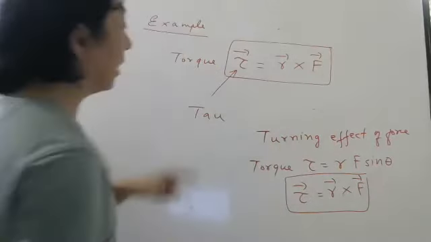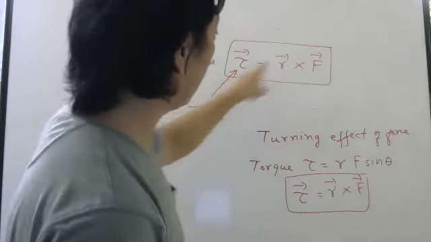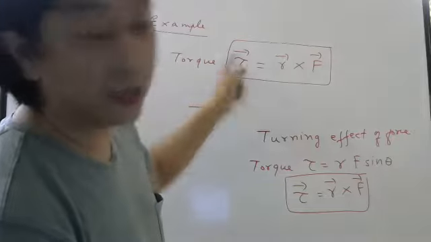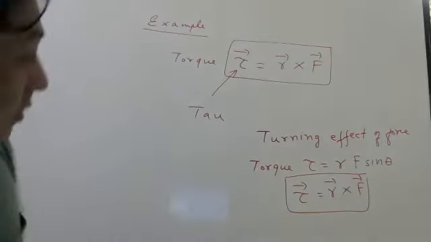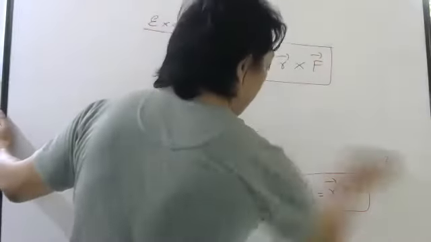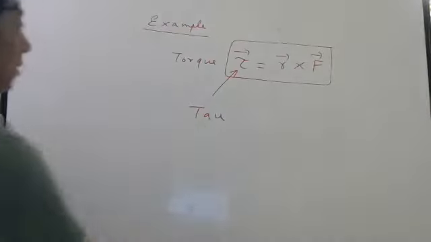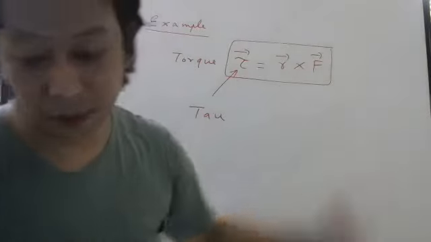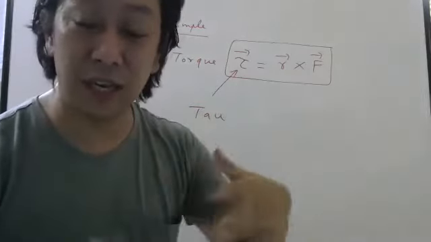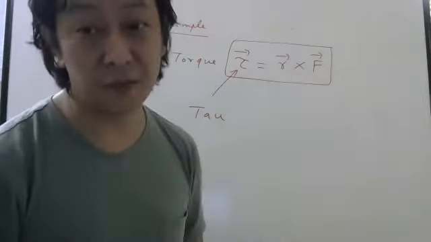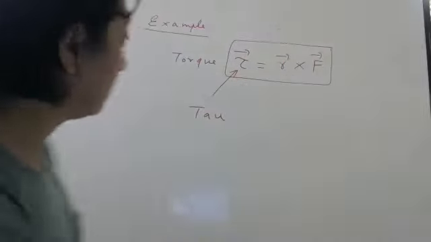So please remember, unlike dot product, cross product will always give you a vector. An example of that is torque. We will study torque more in detail, don't worry. But right now you just want to know an example. Another example is angular momentum and so on, but there is no need to tell now. Now if I tell, it will be more confusing. Try to remember one example for exam purposes, that is enough.